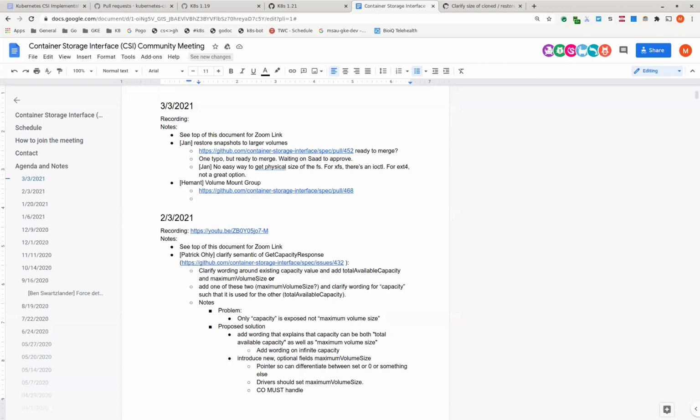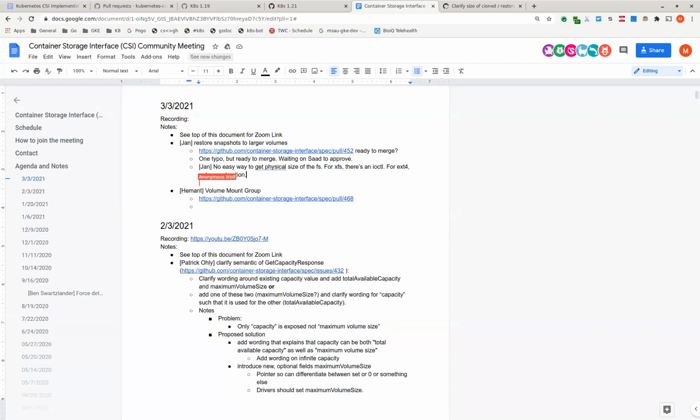So if a driver is supporting a different file system, does that mean they need to come up with their own utility library? Well, yeah, it depends on the CSI vendor what file system they want to support, and I haven't heard anything. Everybody's happy with XFS and ext4.